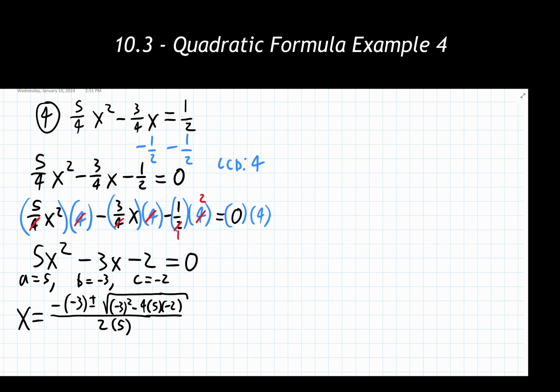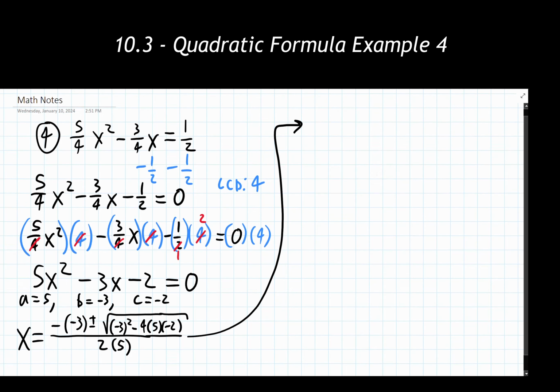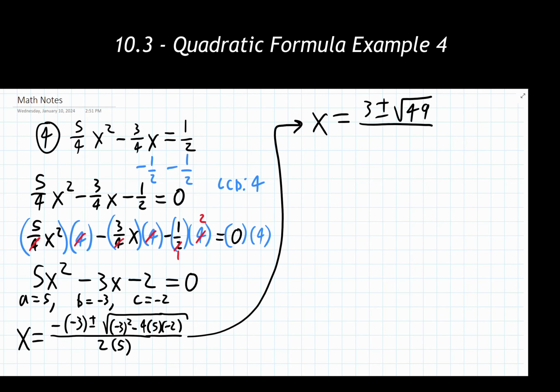So I'm just going to plug that into my calculator off screen, and I'm getting that my radicand is going to be 49. I'm going to move this up here so I've got some space to write this all in. I'm getting that x is equal to positive 3 plus or minus the square root of 49, all divided by 10. I know the square root of 49 is going to be 7, so this is really 3 plus or minus 7 all divided by 10.